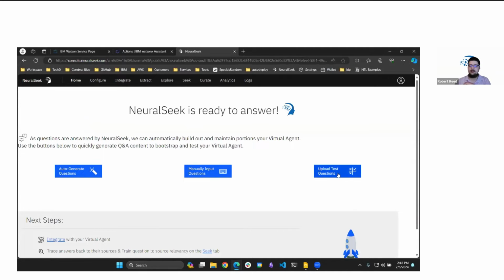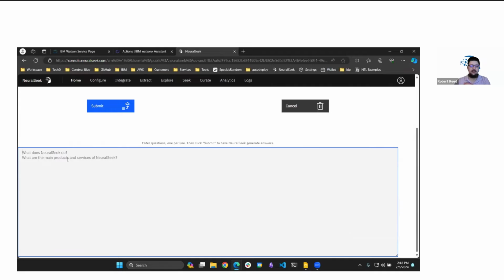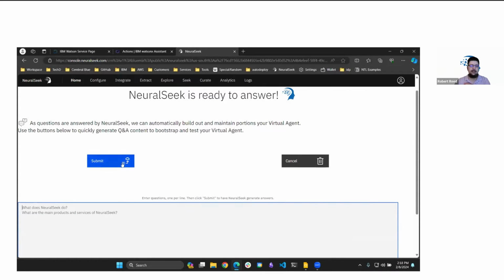There's 3 options here, so we'll go right to left. Upload test questions is for like regression testing. You want to download a list of questions, upload it here, and then view the confidence scores and results of it. And then you can compare that result report from month to month to see how well you're answering questions. The manually input questions is just a static list of new line separated questions that'll get submitted and run through,